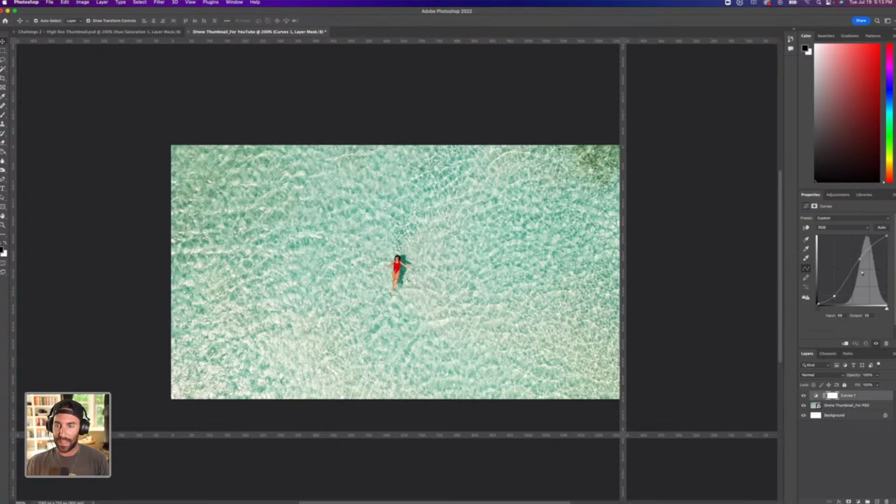So we're going to bring this down a little bit. So just a basic S curve. Okay. So before and after, we brought that brightness, we've adjusted some of that contrast. And then I want to go into the hue and saturation slider. And I don't want to adjust the entire hue and saturation of this image. I just want to focus on the blues or that green tint. So we go into master, we're going to go to our blues,